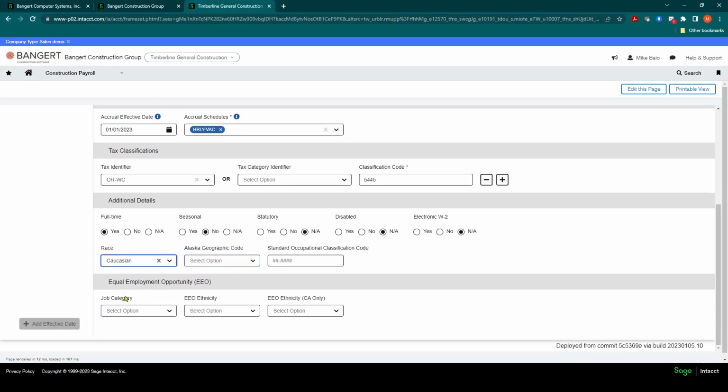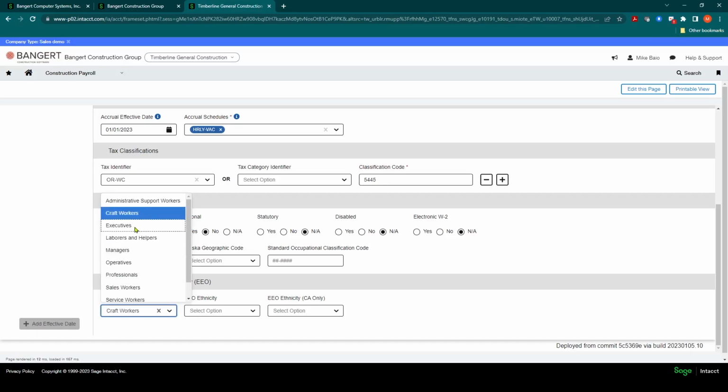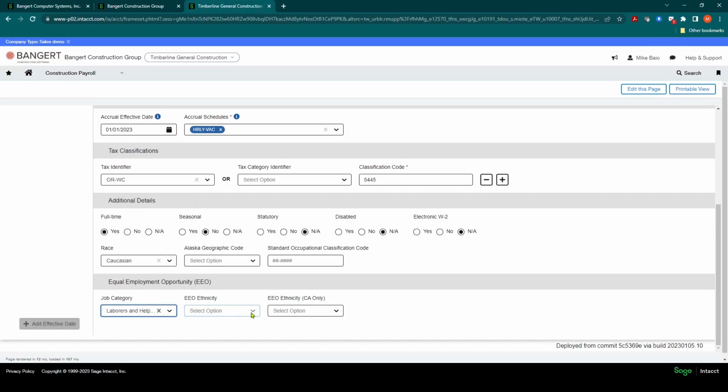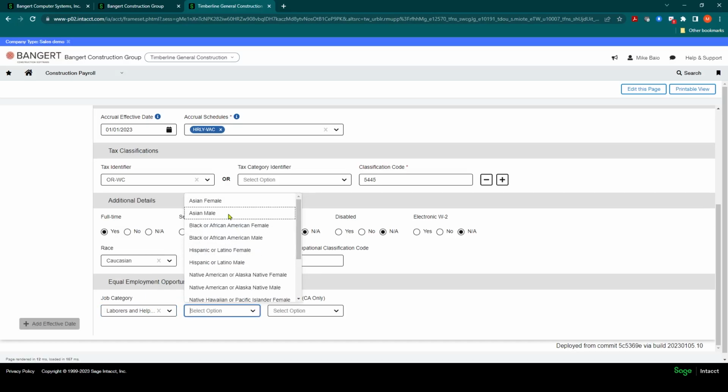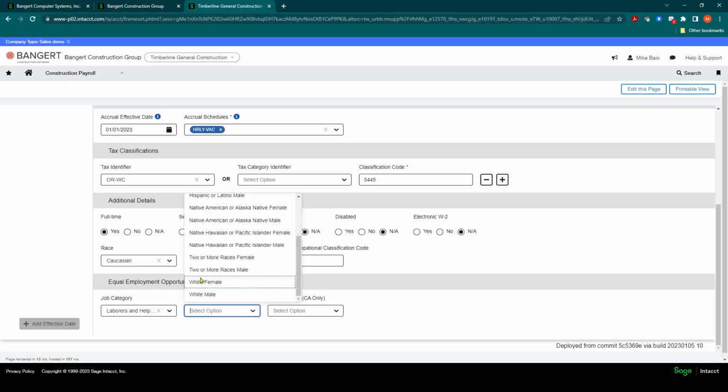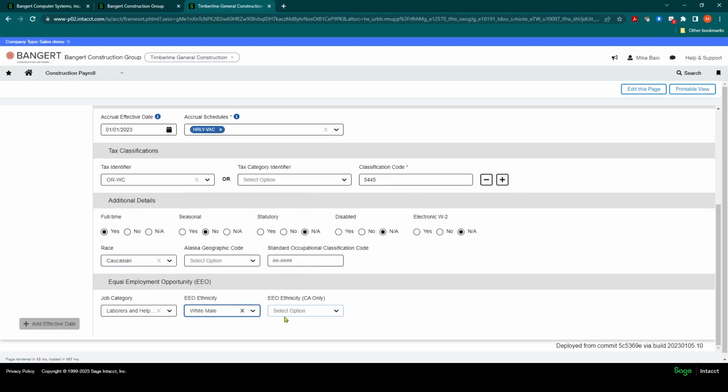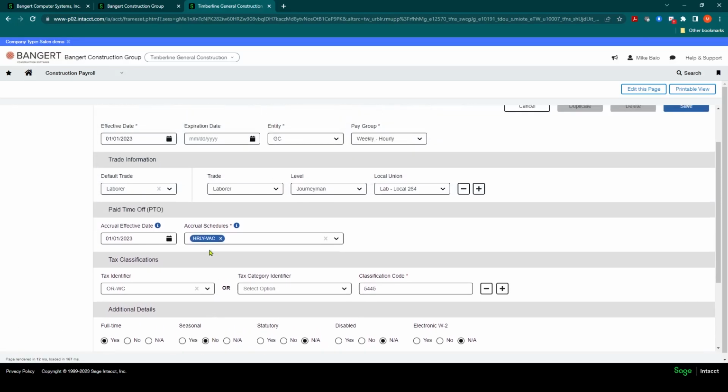And then there's also some job category setups here where you can select what type of worker they are, say craft worker or laborer, and EEO. And you can pick which one they are here for the EEO report, and we'll select that as well.